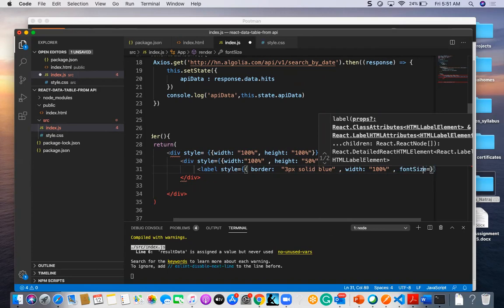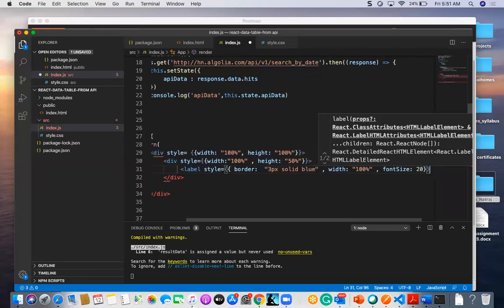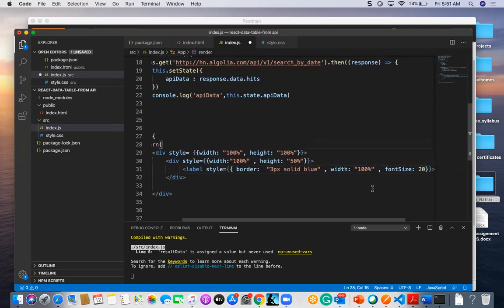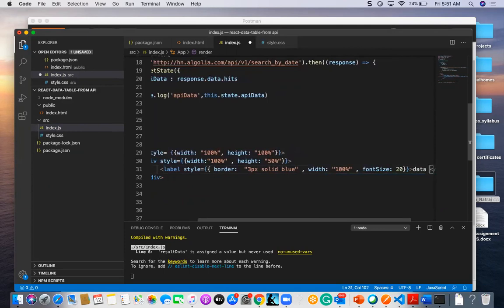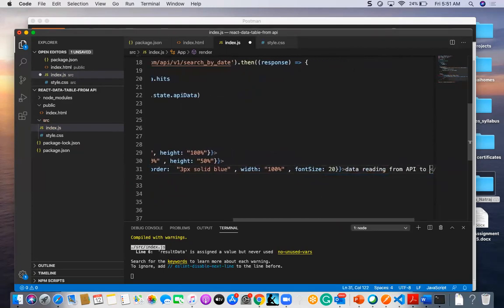I have to mention font size, and it is 20. I give 20, and I am going to enter some data here, something like: data reading from API to table.